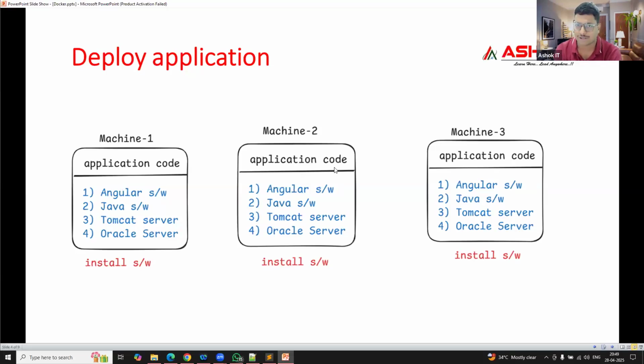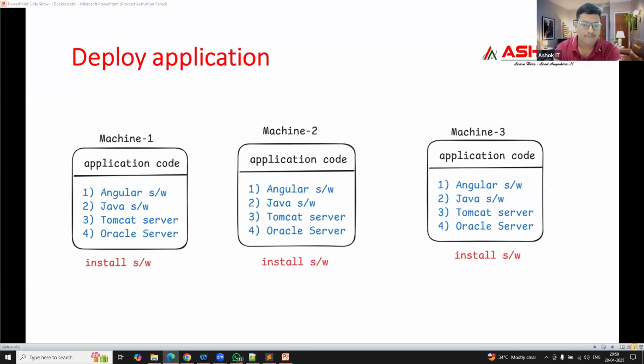I want to deploy my project. My project has a front end, a back end, and a database. Now I want to execute my project for the testing purpose, and for the deployment process. If I want to run my project in one machine, is there any challenge available or no challenge available?